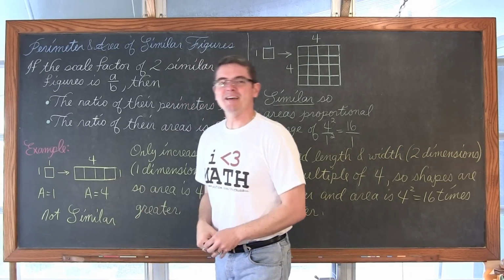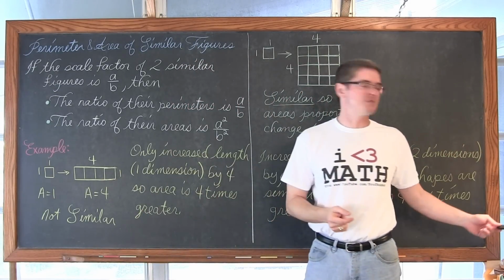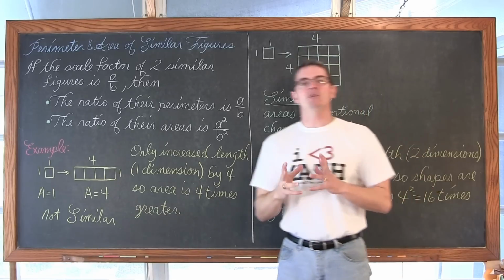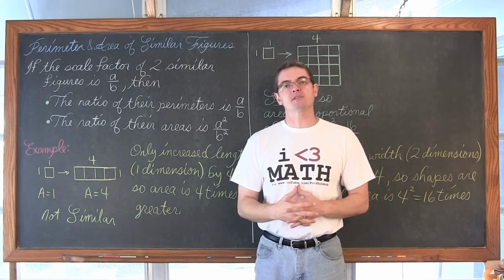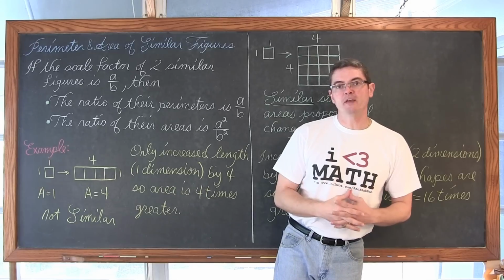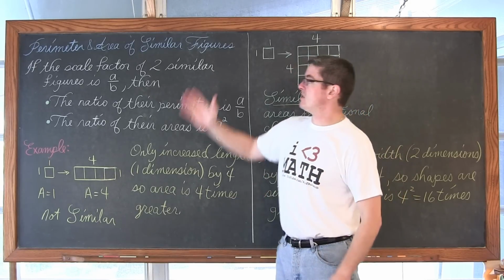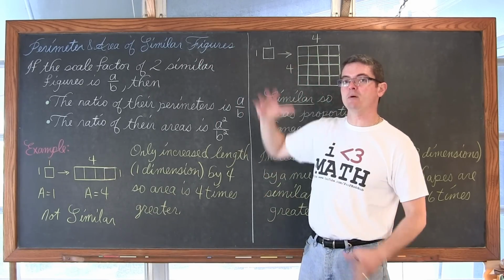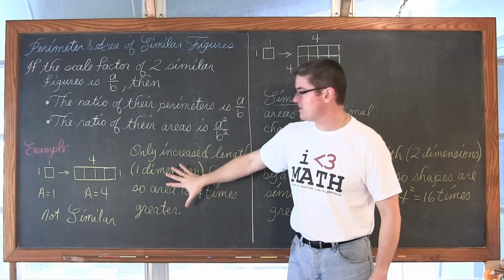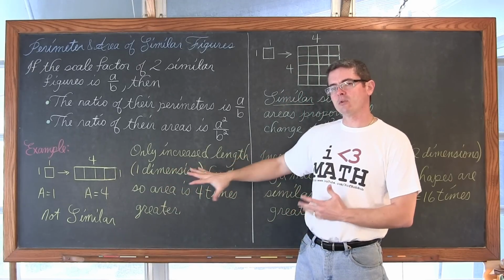Mr. True. In this video, I want to talk about the relationship of a two-dimensional object and how it changes when you change the lengths of the sides of a two-dimensional figure. Now, most of this video is going to be focused on perimeter and area of similar figures, but building up to the idea of similar figures, let me actually go out of order a little bit and talk about my first example here.